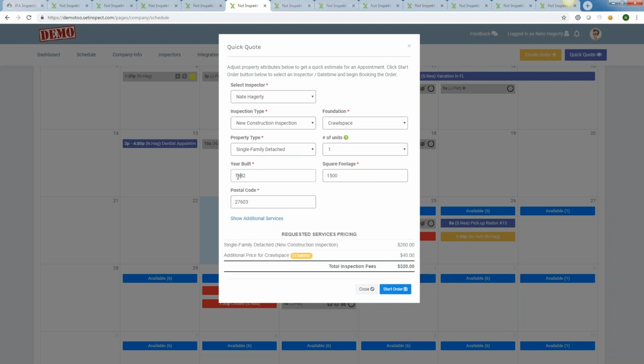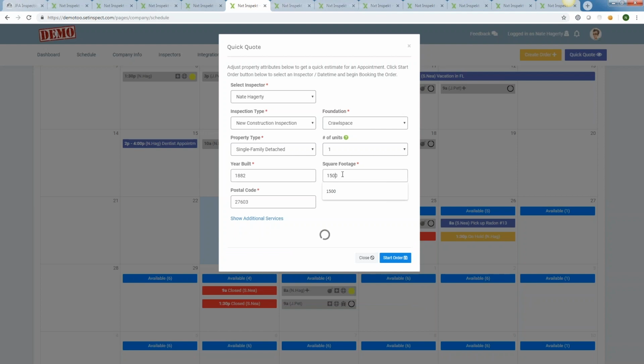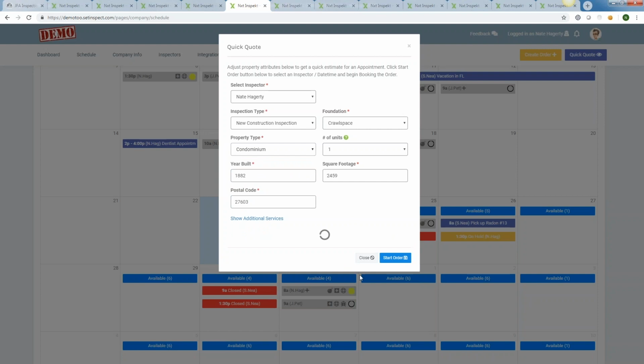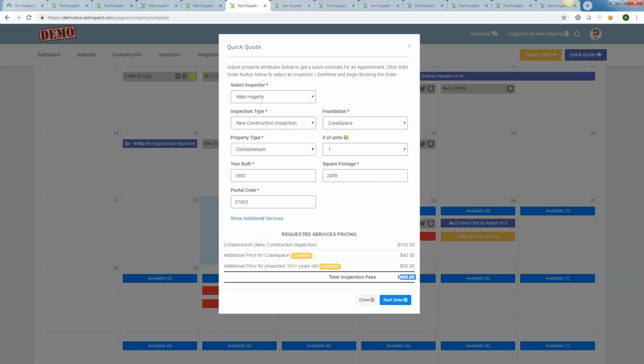So let's say it's a pretty old house. And the square footage is actually, this is all based on information they're giving me over the phone. I'm now able to work up a pretty good quote based on my pricing model, additional attributes and criteria that I've set up in the system. And then maybe it's a condo. So I can give them a price of, say, $400,